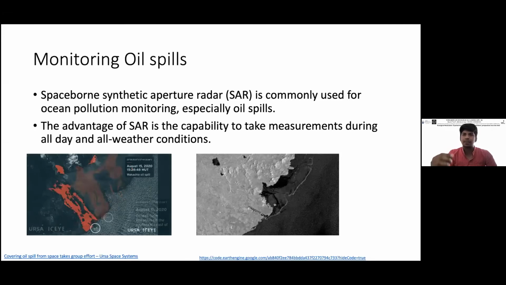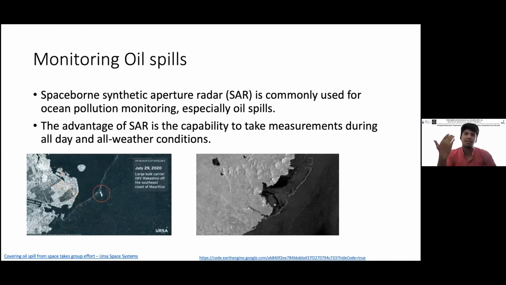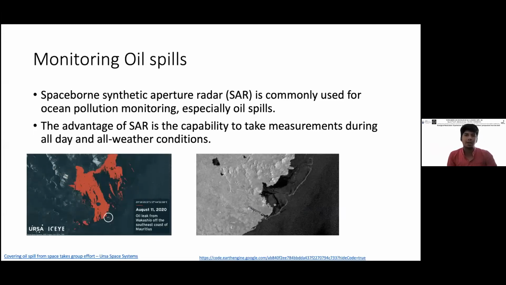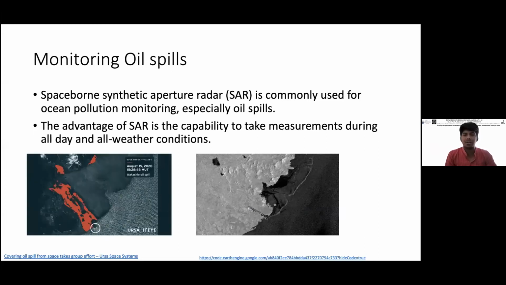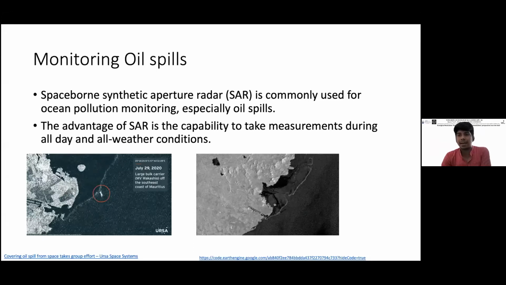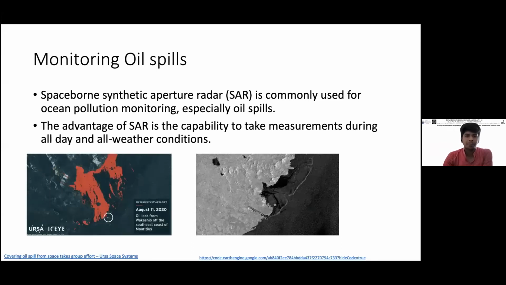It sends an energy signal from the satellite, which hits the surface and is reflected back and captured back again by the satellite sensor. So the best part about this type of technique is that this can be accessed in any kind of weather.